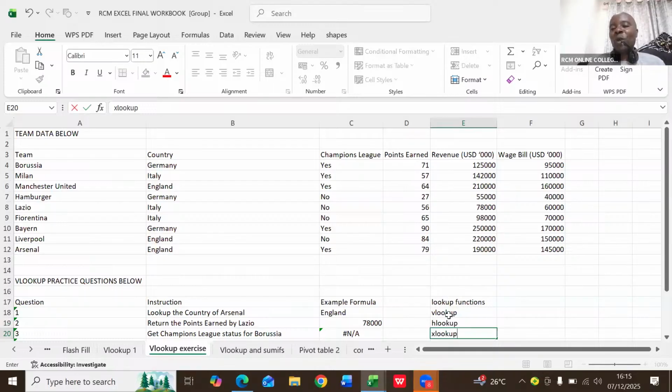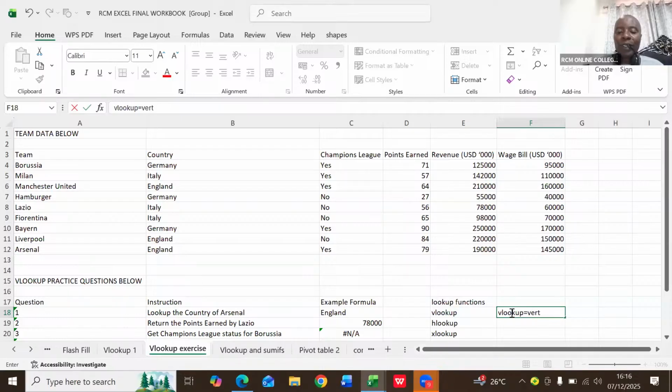So we normally use lookup functions to search for data. And in today's session, I would simply want us to understand how we make use of VLOOKUP. So when I talk of VLOOKUP, ladies and gentlemen, for your notes,